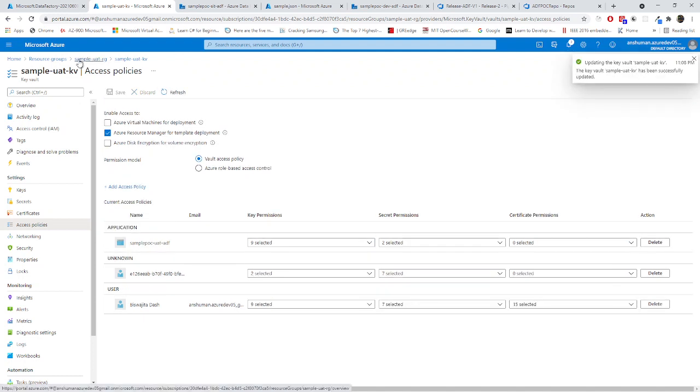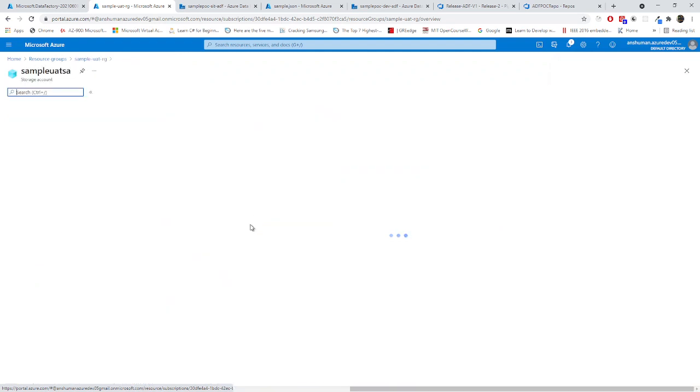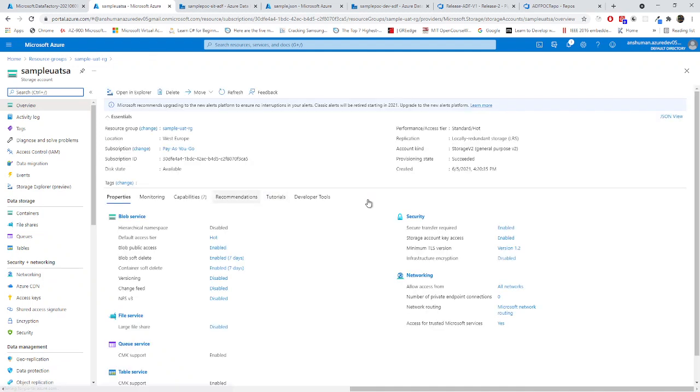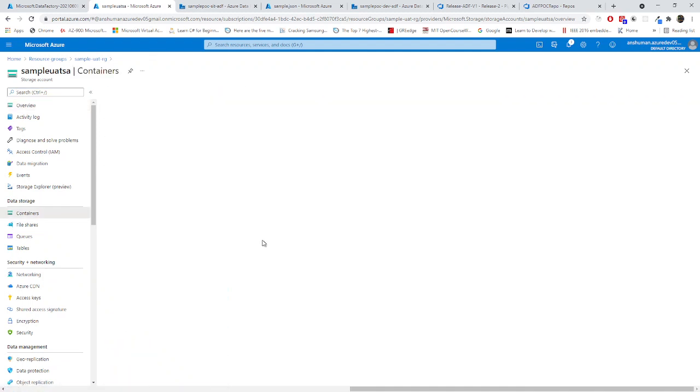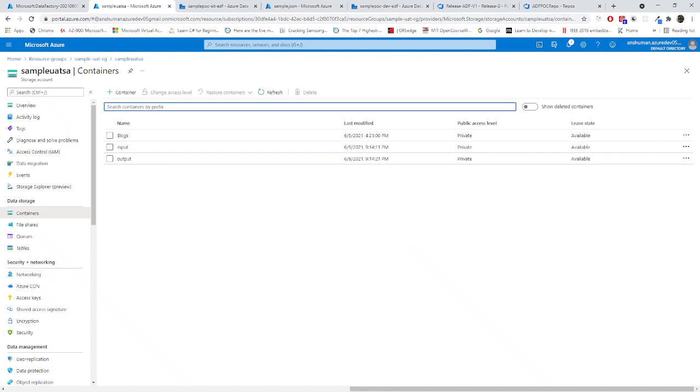Now in the UAT blob storage, I'll just see whether we have something in the input or not. We will use the same thing in the blob services. Right now we have input.